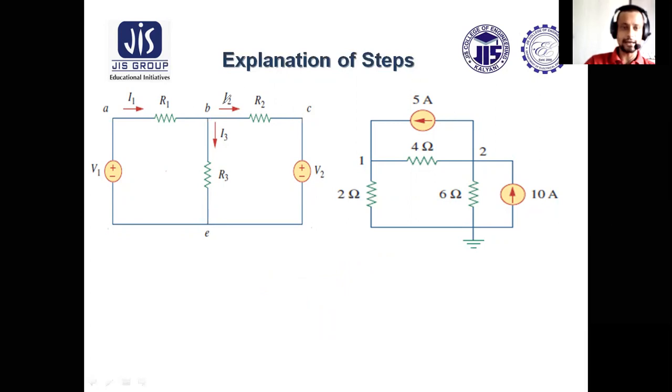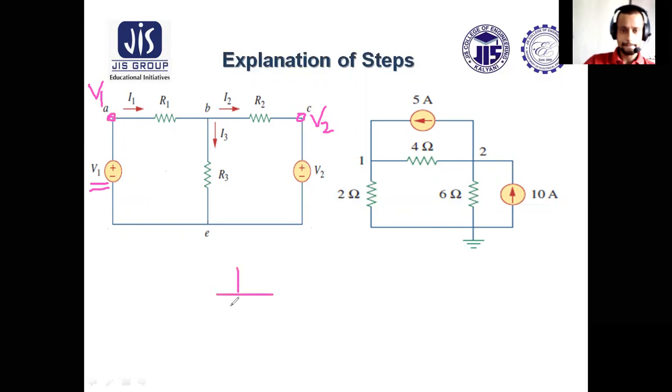Similarly, based on that fact, voltage at node A is known to us because it is given by V1. So V1 is the magnitude of voltage at node A. So we need not assign any voltage at node A, or you can assign the voltage at node A as V1. Similarly, voltage at node C need not be assigned because voltage at node C is clearly seen, it is V2. Now see, this voltage is V1.